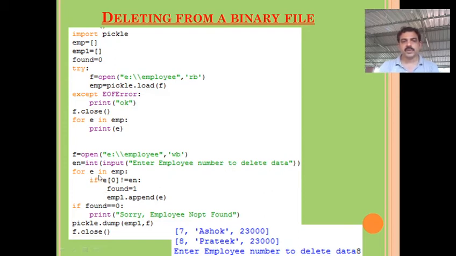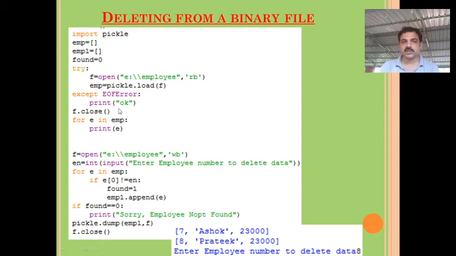So for E in EMP, that means each record will be tested. If E of 0 not equal to EN, that means EN is the employee number, E of 0 is the employee number in the file. So each record's employee number is compared with the employee number we entered. If it is not matching, then I'm making found as 1, then I'm transferring that particular data to another list,